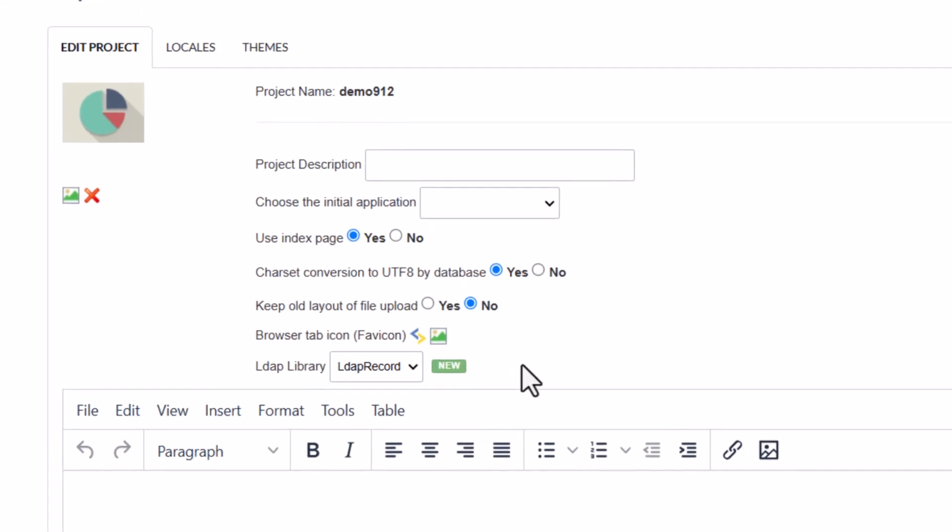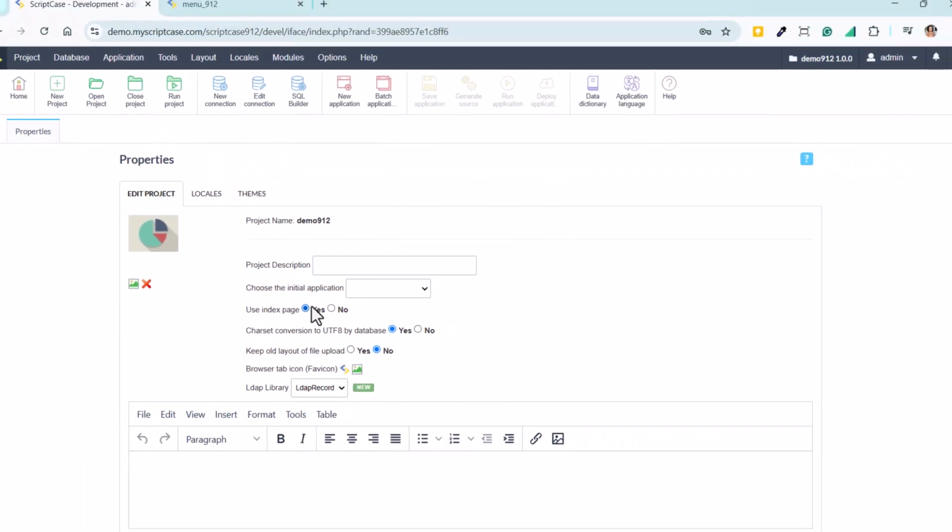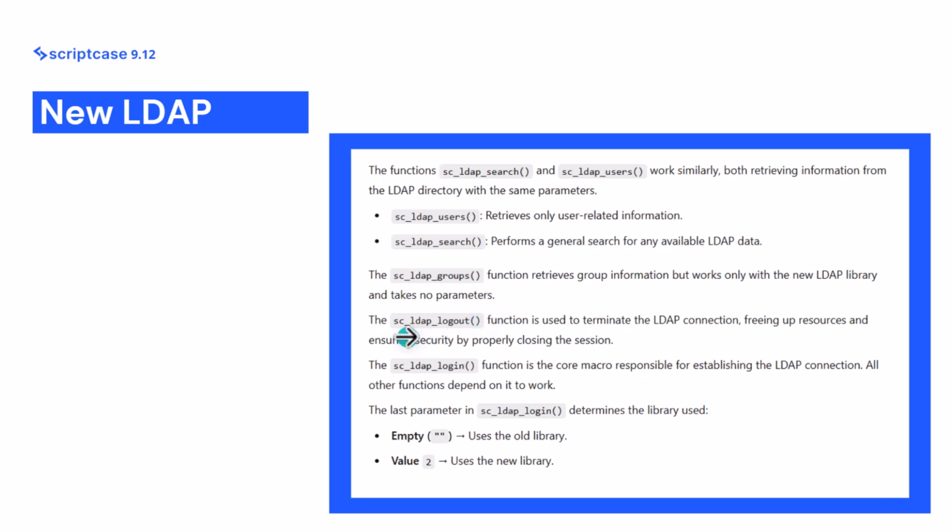If you are just using now, it will be already set. As we can see here, the new library is already the LDAP record, so you don't need to change. Just if you are using the old one, you'll be able to update here. Okay, so using the new one, you will have this new macro to retrieve the group information, and you have also the other macros available.